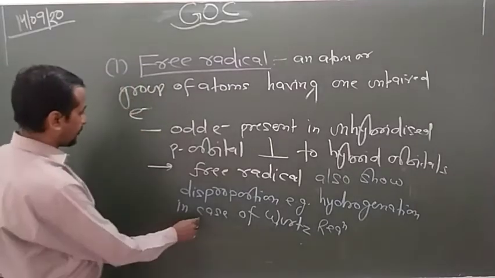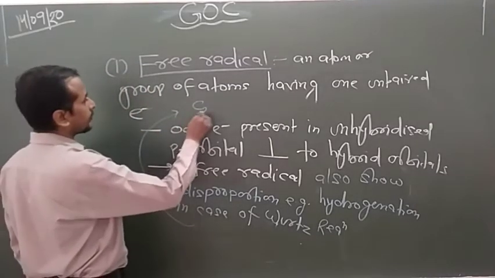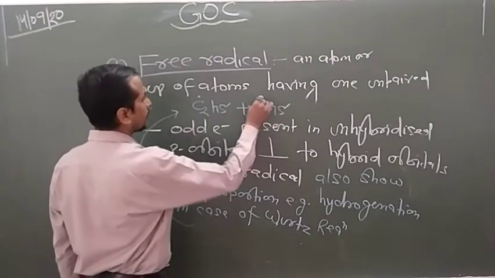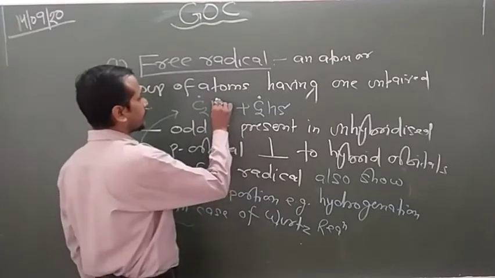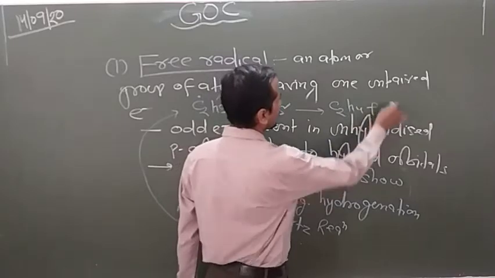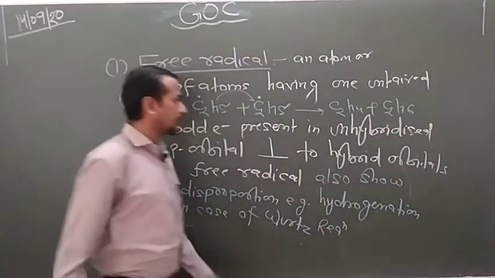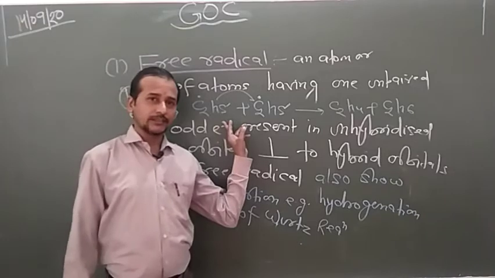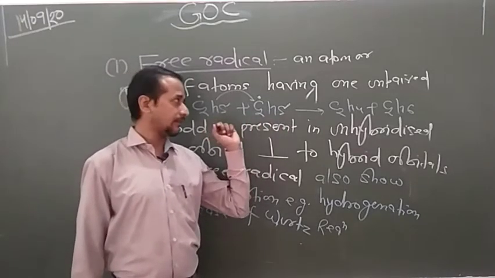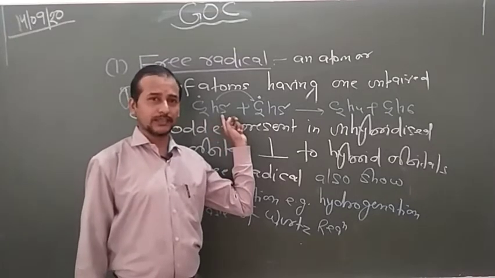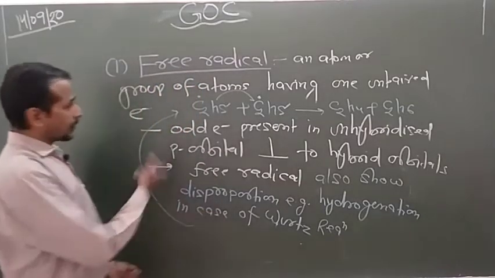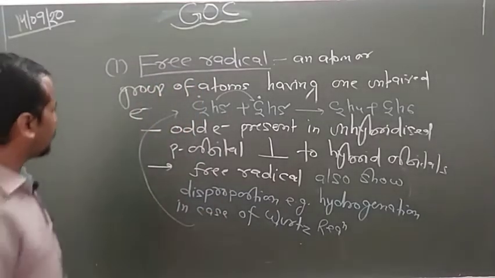Look here. Under this condition, C2H5 dot plus C2H5 dot. Here 1 H adds to this carbon. Now this forms C2H4 plus C2H6. So look here, 1 H moves from here, so that's why this is reduced and this is oxidized. I told you that removal of H is known as oxidation and addition of H is known as reduction. So in this way, these are the properties of free radicals which you have to know.